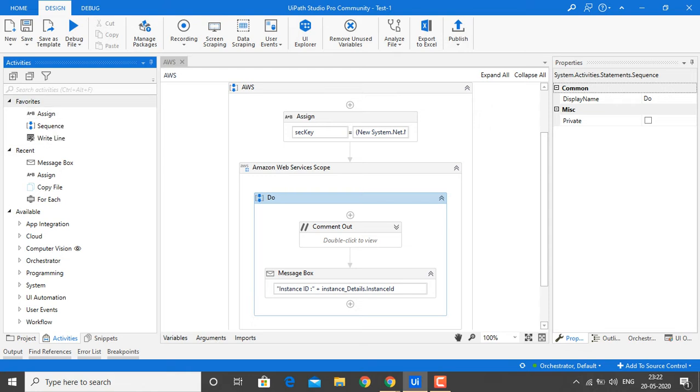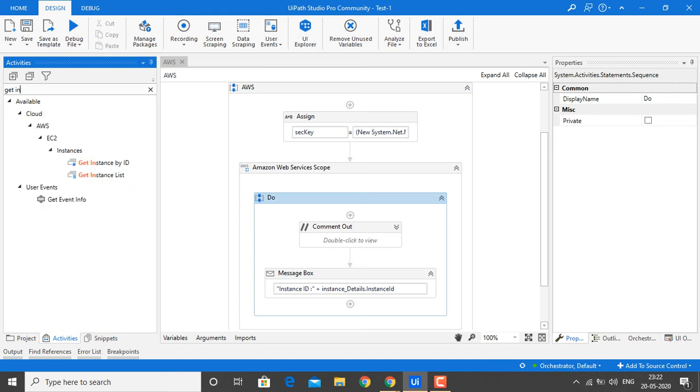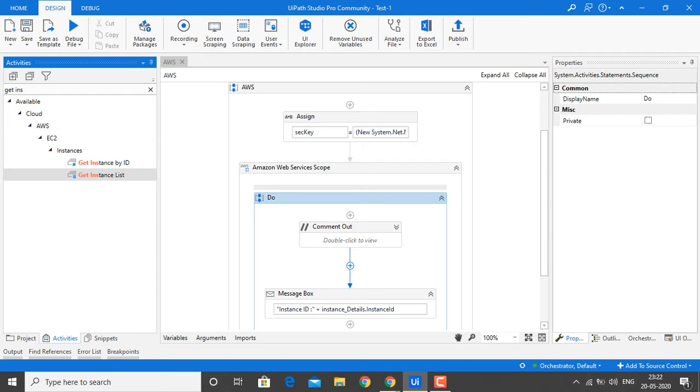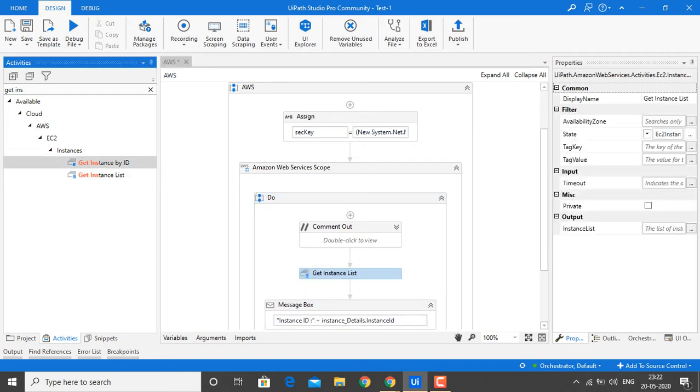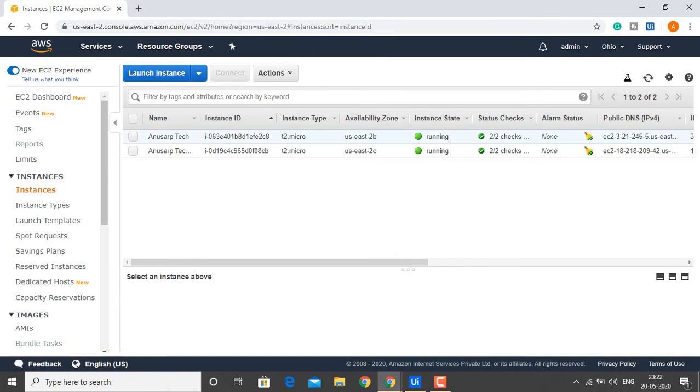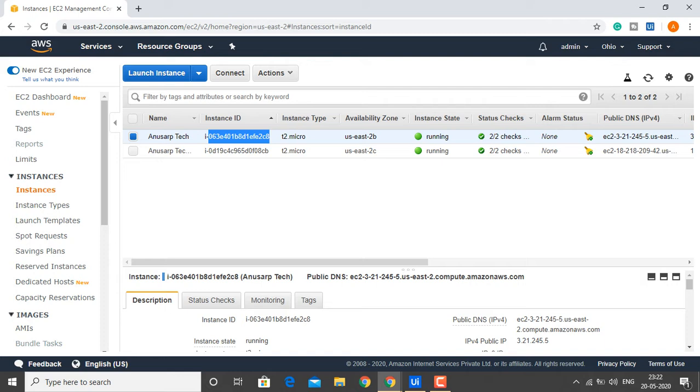After that we can use the activity Get Instance. If you know one particular ID, this is a unique instance ID for the AWS machine.